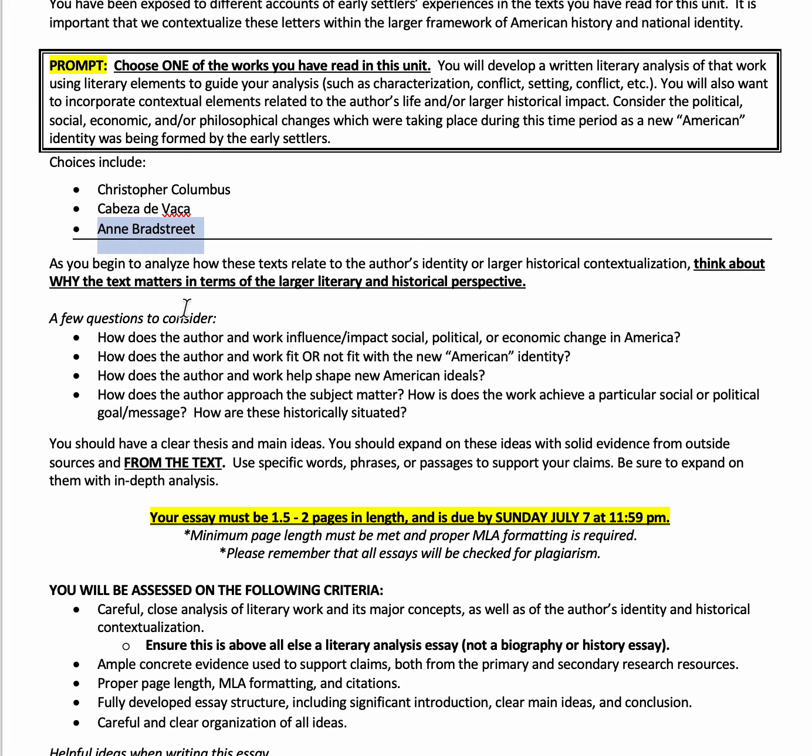With Bradstreet, for example, if I'm talking about, say, the importance of her use of allusions or a certain rhyme scheme, I would then pull in specific quotes that show the audience what I'm talking about. That's how you back up your claims, and that's how you prove to your audience what your argument is. So make sure again that you are pulling in evidence specifically from the text.